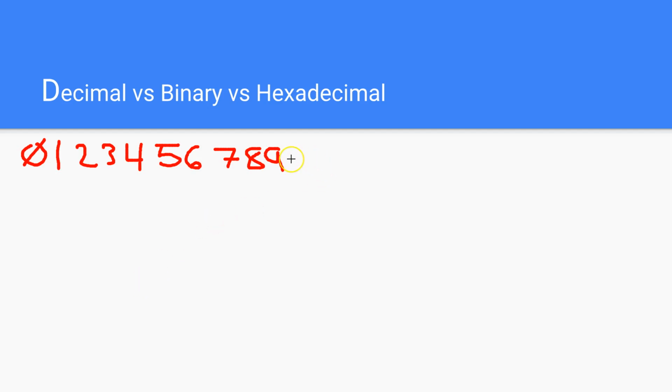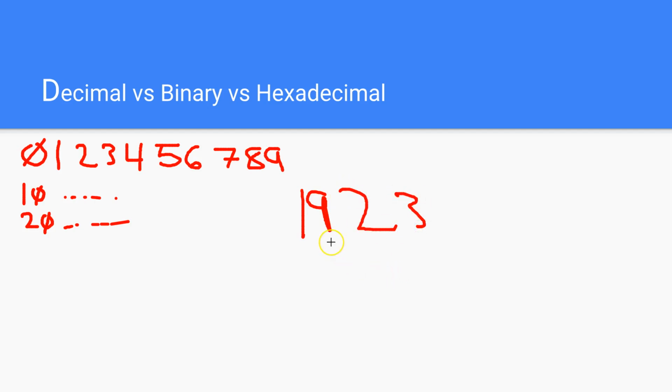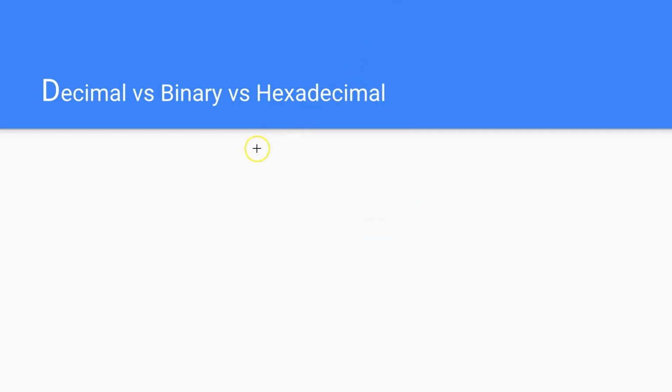And then, of course, when we hit 10, we simply say we're out of digits, so we take the 1 and the 0 and start the process over. Then when we get to the next one, we'll go to 2 and 0 and start the process over, to infinity. It'll just keep going from there. For us, that's completely normal. If you hand someone the number 1, 9, 2, 3, our brain automatically translates that to 1,923. No big deal. Well, computers are very similar, except they have the 0 and the 1,